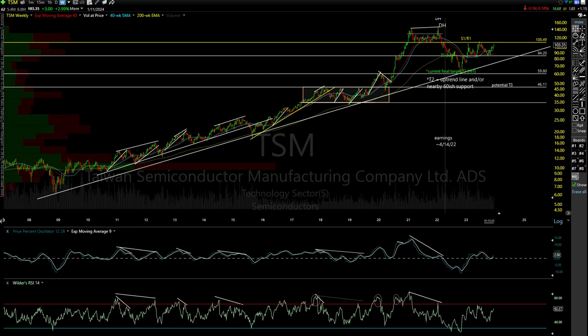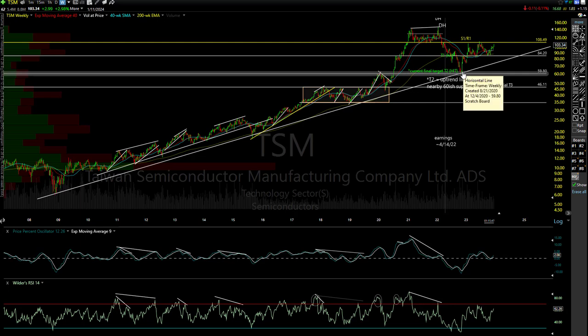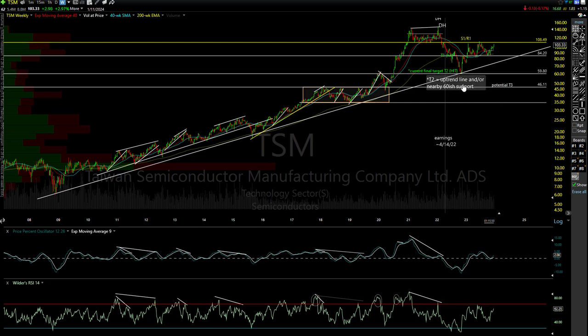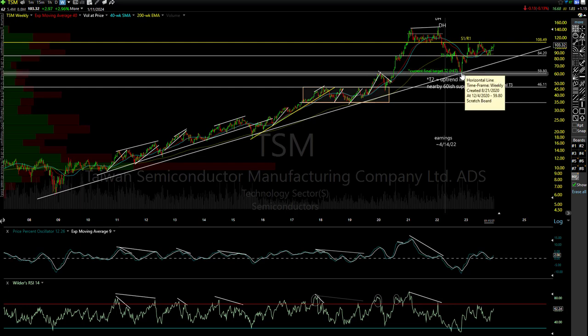Taiwan Semi, beautiful uptrend line. Right here comes off the, again, the '08 lows. That was my current final target. That's what I stated, covered this in multiple videos. First gave you that target back on February 3rd of 2022, and I listed it and told you I was covering, going long. That was my current final target. It remained my final target. Current final target T2 hit. And we bounced. So it's time to cover that short, go long.